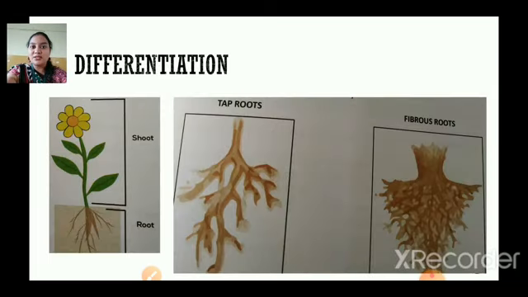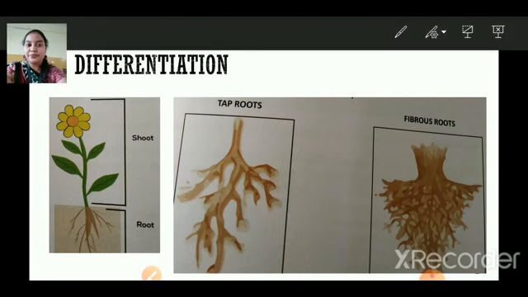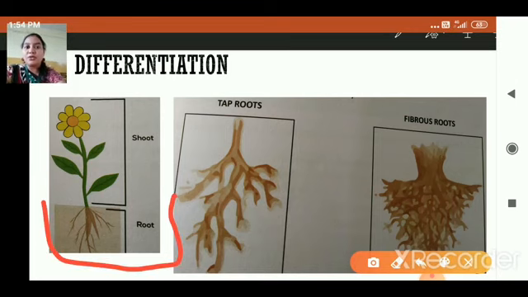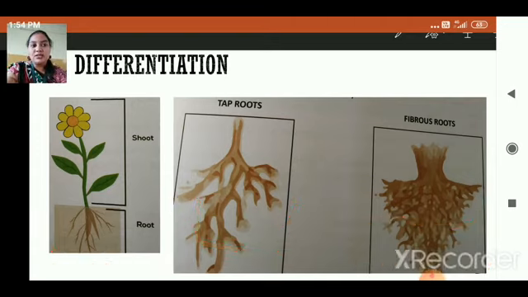See here you can see the differentiation of a plant into shoot and root. You can see in this picture on the left hand side here. Yes, this one into shoot and root system. And here coming to the roots part, we have taproot and we have fibrous root. The difference between the two is the slender hair-like structures which is called as fibrous root, and the taproot will have the thicker hair-like structures below the ground.